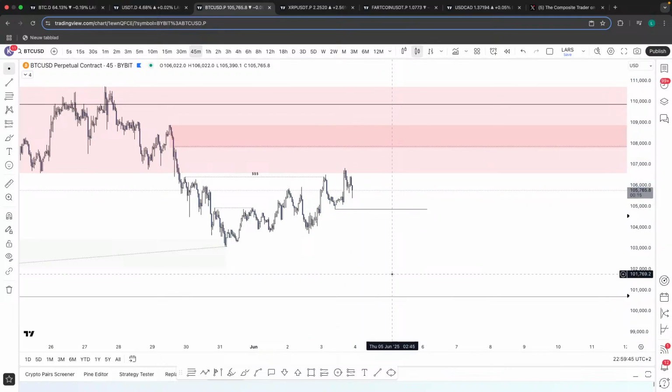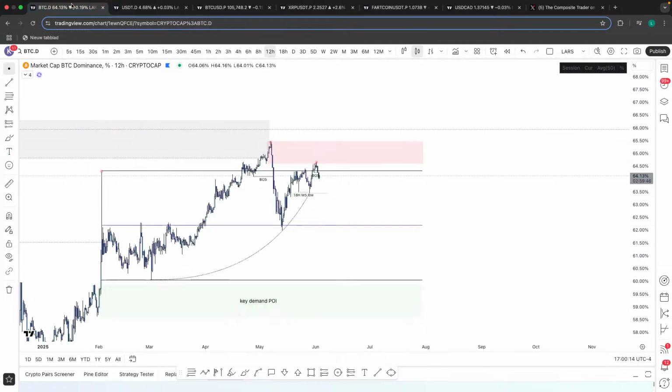My preferred scenario is Bitcoin going down, sweeping sell side liquidity, altcoins going down, sweeping sell side liquidity, confirm high time frame third taps, and long everything back up, with XRP being the main setup. I did not take a single trade today. I didn't take a single trade because I wasn't completely sure about the bias, because Bitcoin could be going down, but I couldn't confirm it, and Bitcoin dominance was going down at the same time.